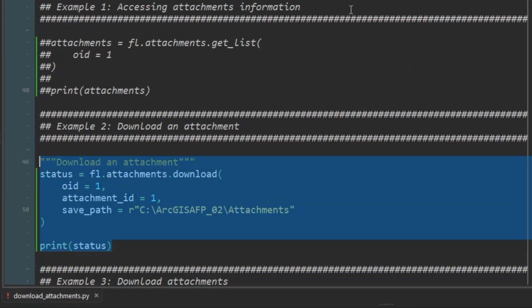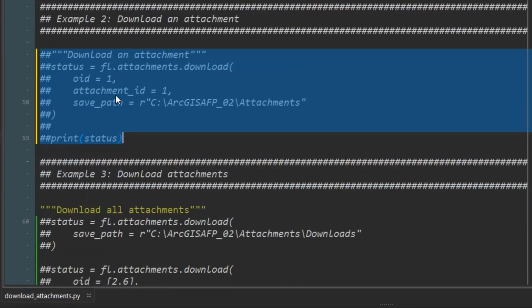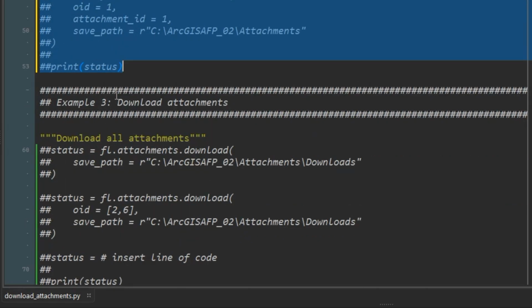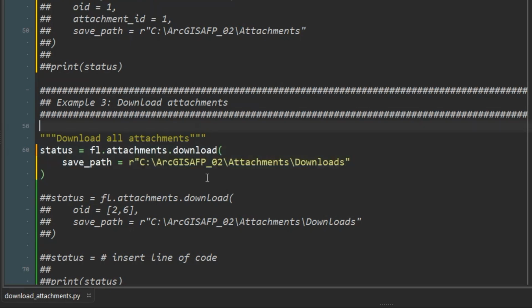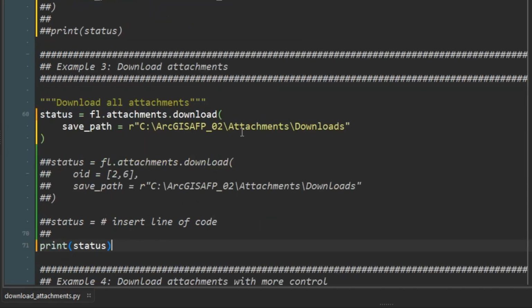I'm going to comment out our second example, and I'm going to start on our third example, which is where we download all attachments for every feature or a selection of features. The first one up is where we can use the download method and just supply in a save path. So here I'm setting the save path to be our download folder within our attachments folder. I've assigned the calling of the download method to a variable called status, and I'm going to print that status